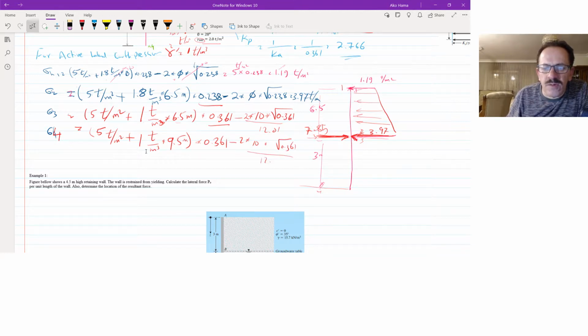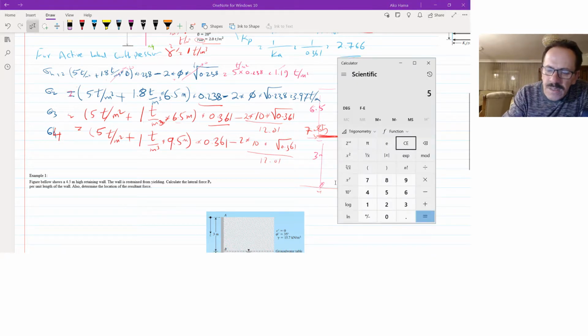Again, this part is 12.06, so we have to just add 5 plus 9.5, that's 14.5, minus 2 times 12.01, so it's going to be the 5 plus 9.5, this is going to be 14 point times 0.361, it's going to be 5.2 here,